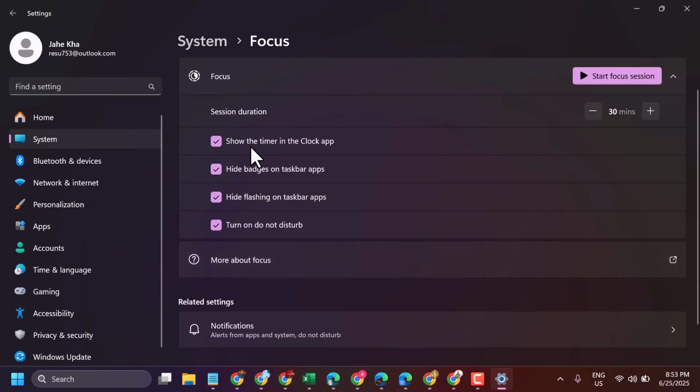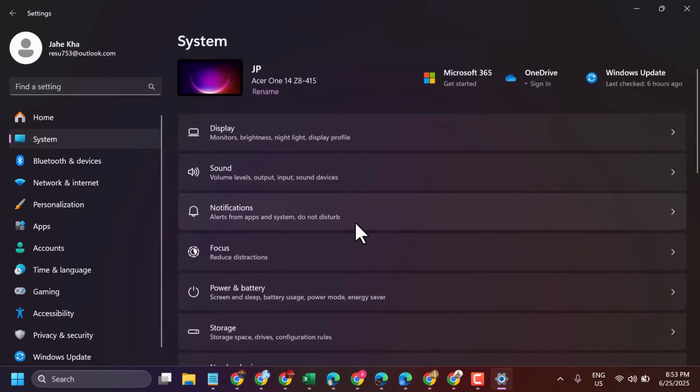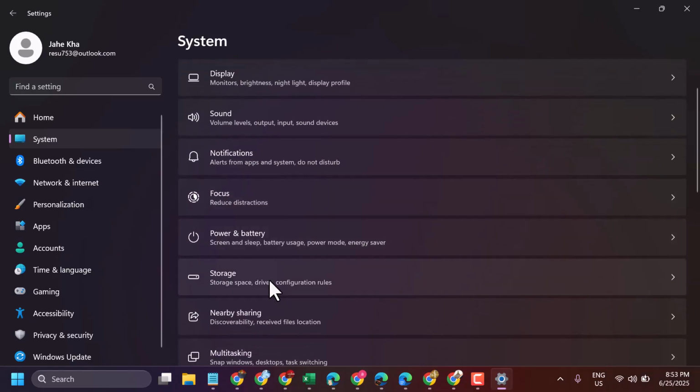So under rules, all the options make disabled. I don't have that option, but you will find that one. So make these all options disabled. And if you have just focus, so